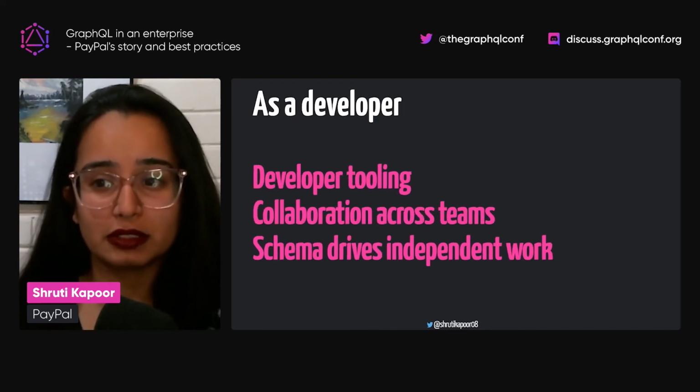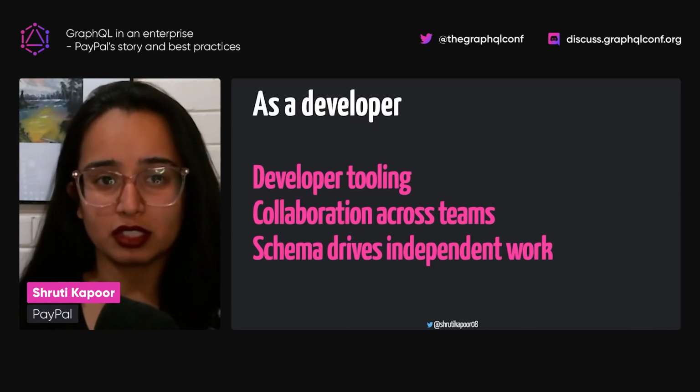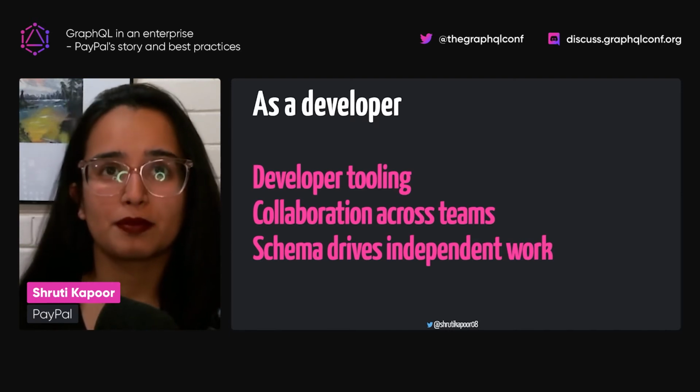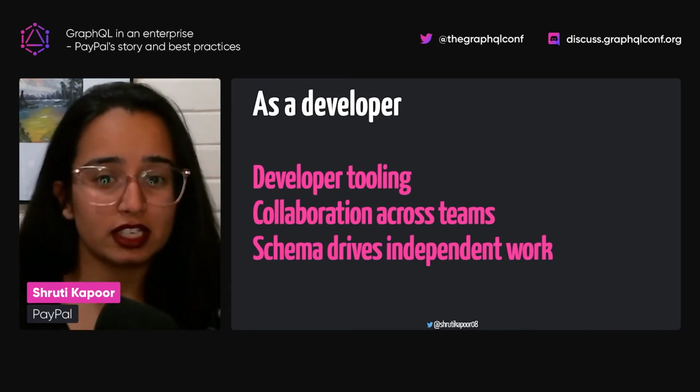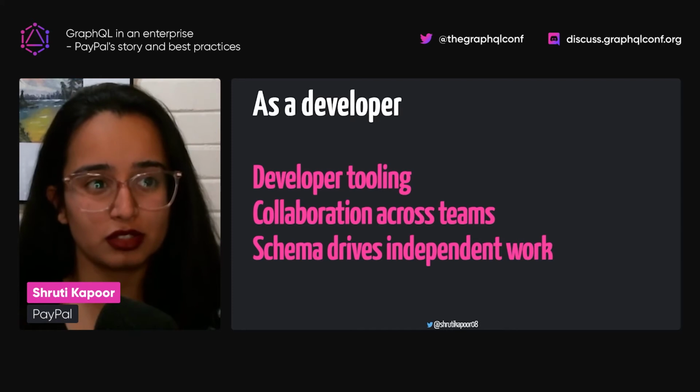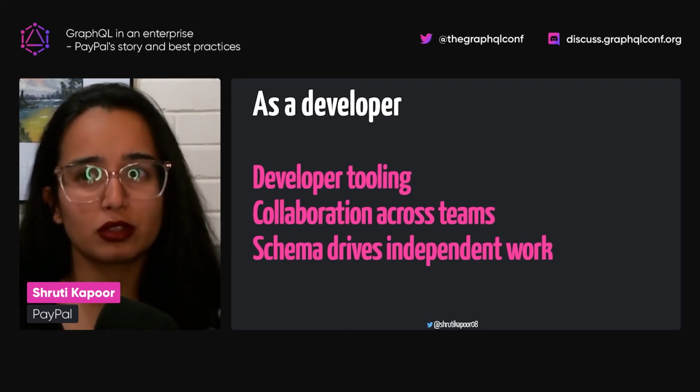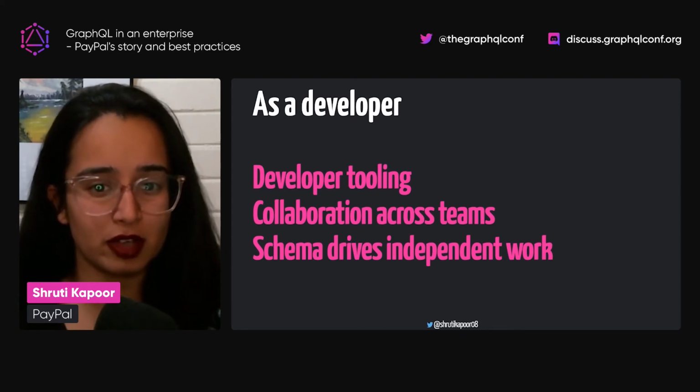As developers, we were really excited about GraphQL because of all the tools it empowers, like the GraphiQL playground, that made it really easy for us to explore the API, but also fire up requests at the same time.